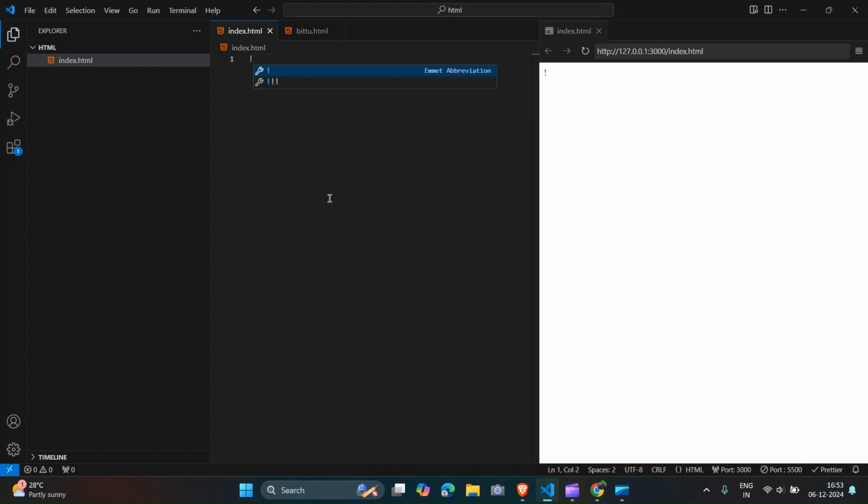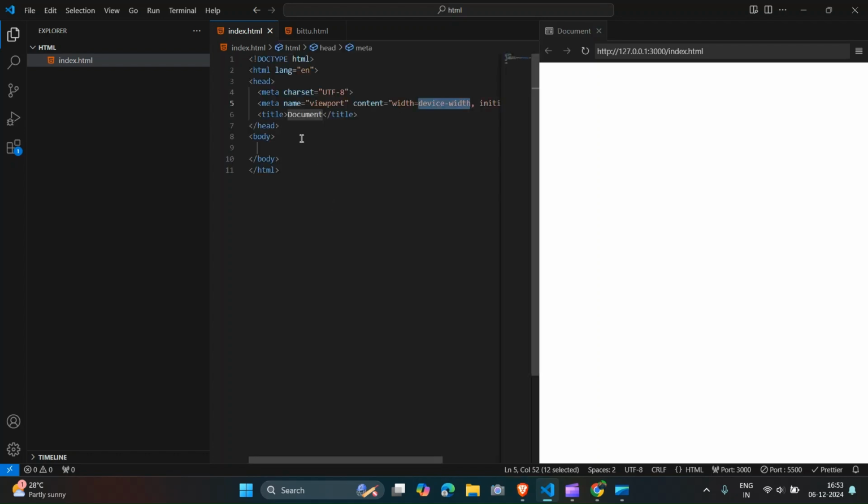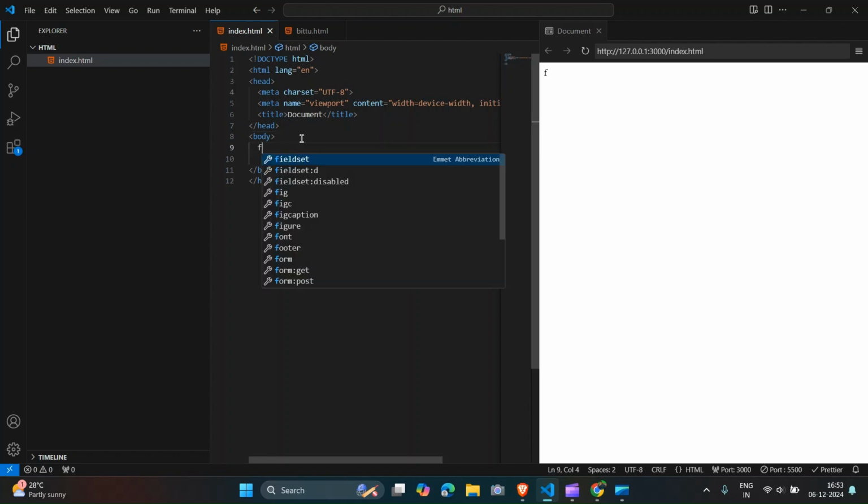So from here, this one. Okay, and inside this body tag we will create a form tag. Okay, form tag, simply we write like this and just press enter. Here you see we have got an action attribute also, but the action attribute will not be necessary for